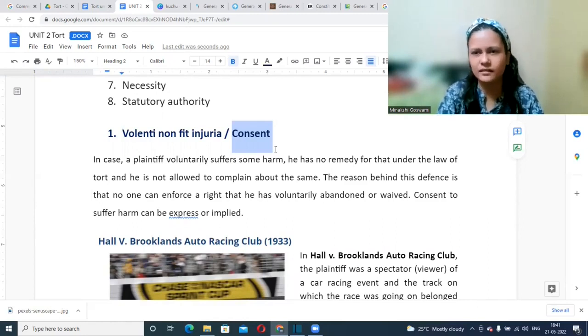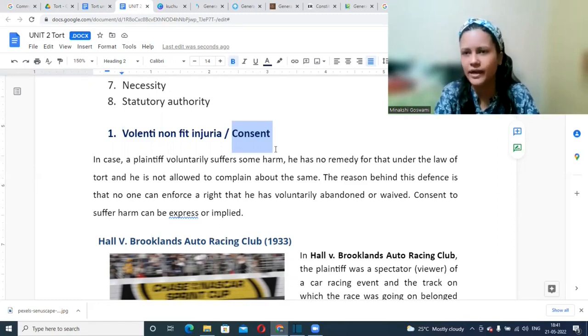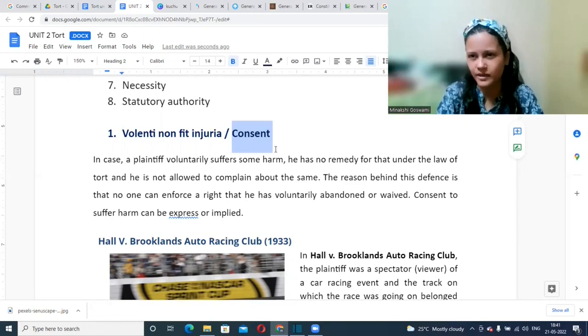Like if I say, okay, are you free at 6:30 for a class? You say, okay, I'm free. As in you have consented that yes, I'm free, I'm available. Right? Consent as in agreeing to something. So this defense basically says that if you were the one who gave the consent, then in